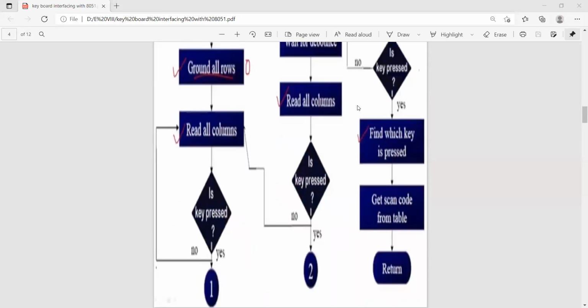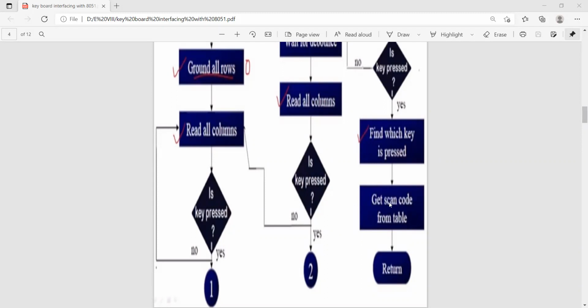Finally, by checking all the rows, you can identify the pressed key. Then after identifying that particular key, what is the corresponding code, whether it is 0, 1, 2, 3, 7, 8, 9, A, B, C, D, E or F, you can get the code. So get scan code from table. This is from the lookup table.